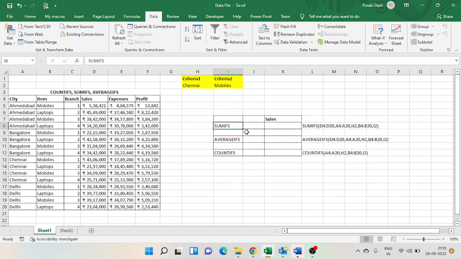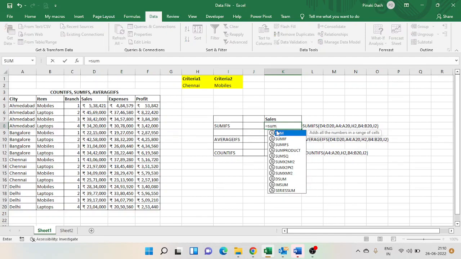So how to use the Sumifs function, which is dynamic and automatically updates the value. Let's write the function directly, equals to Sumifs. You see the format that is displayed here. It is asking for the first thing as sum range. Basically the sum range is the column from where the total will be calculated. In our case we want the sum for sales, so we'll have to select the sales column,